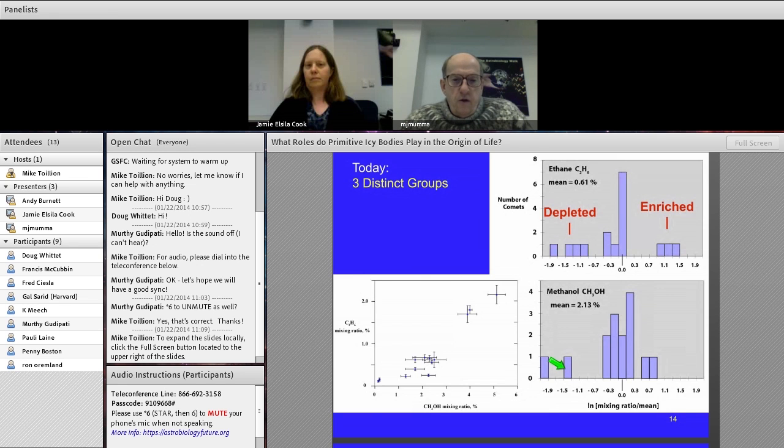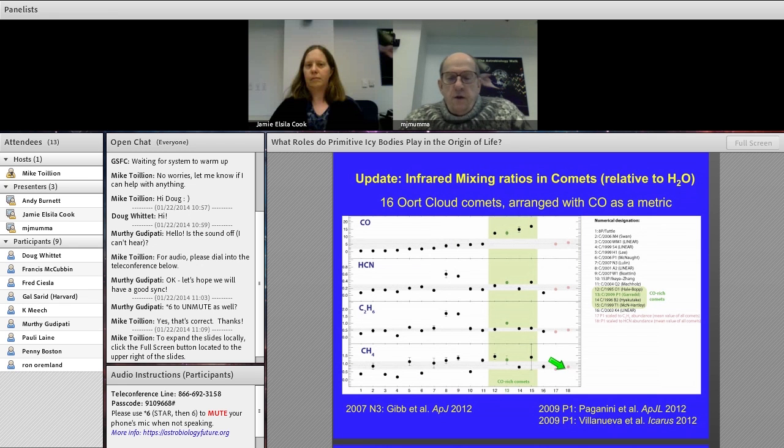If one moves on to look at these, this is actually 17 different comets, ordered by their CO abundance ratio. One sees other interesting